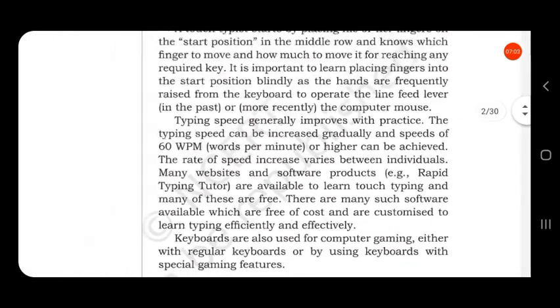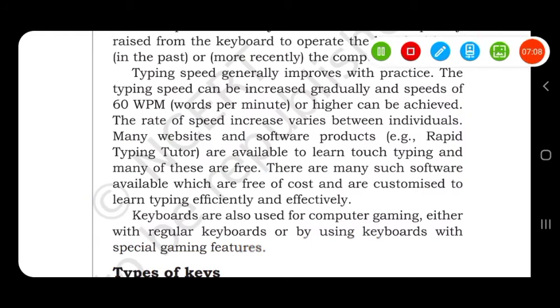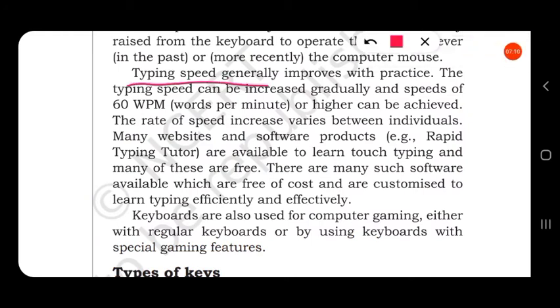So, typing speed generally improves with practice. So, if we always type with a single hand, then our typing speed will not be increased. We should use both the hands for typing.